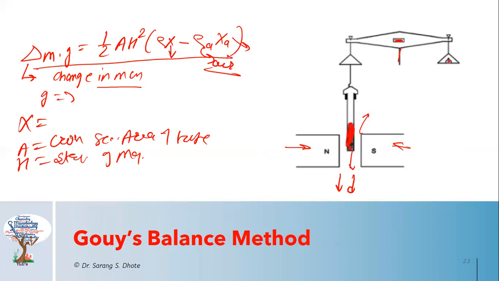If suppose we know the value of delta M, G, density A, psi A, A, H, the specific magnetic susceptibility can be calculated. And if suppose आपको psi की वैल्यू पता चल गई, तो specific susceptibility की वैल्यू आपको पता चल गई, then we can calculate the magnetic susceptibility also because we know the formula chi M is equals to psi into capital M. M means what? The molar weight of substance.